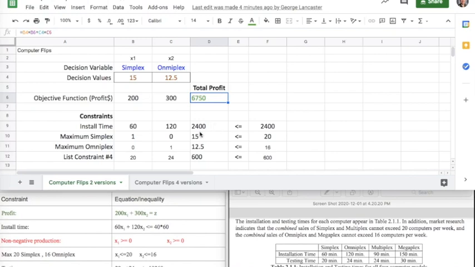Hello everybody, in this video I'm going to solve the 4-computer version. So you can see I've got my 2-computer version solved. Everything worked okay. So I'm going to go over and try the same thing, but this time for the more